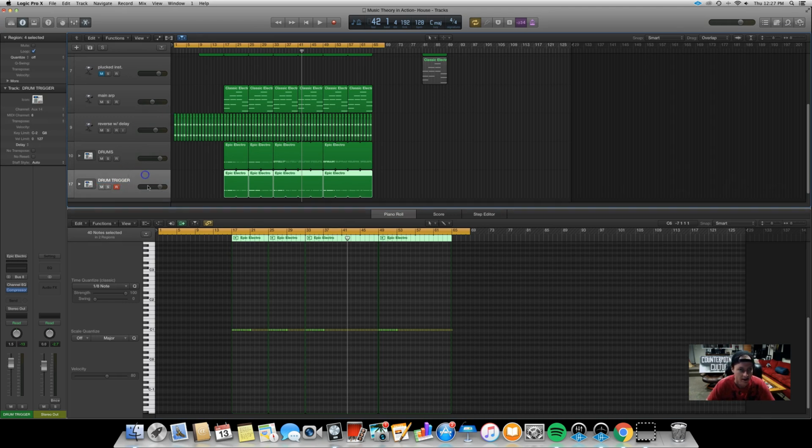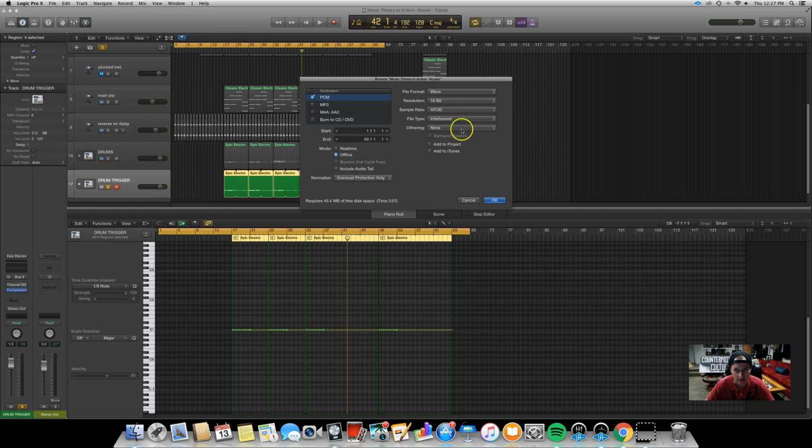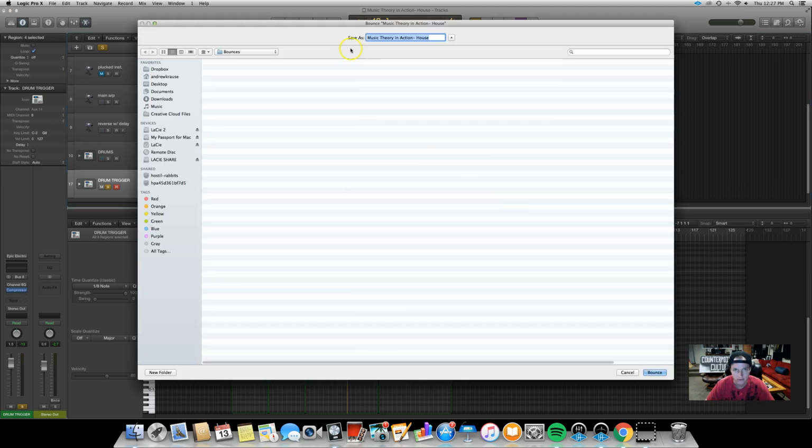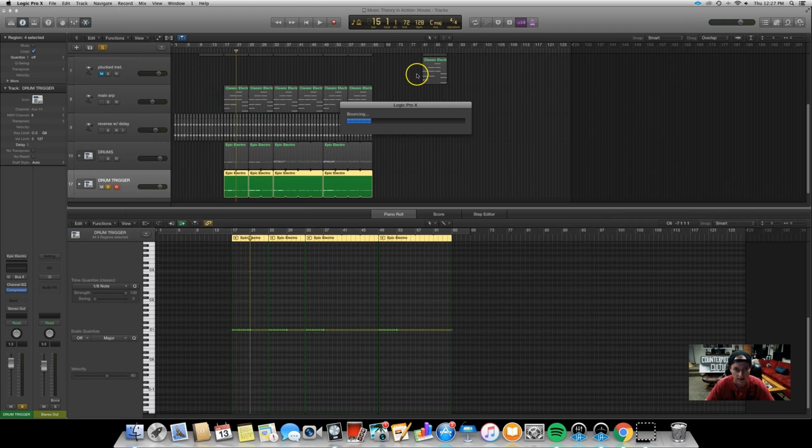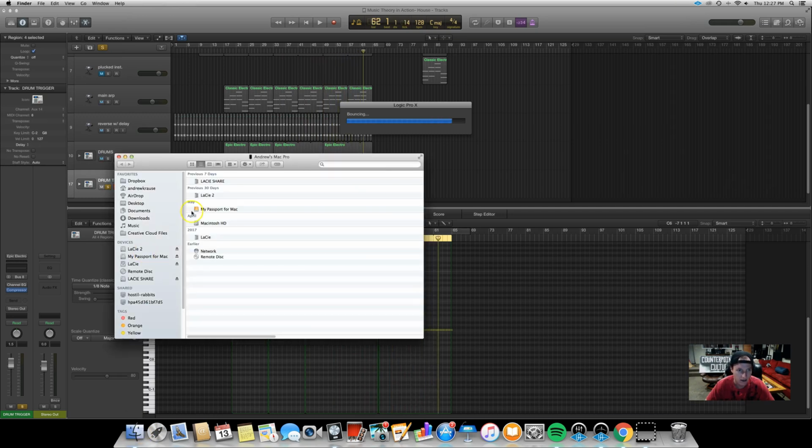Alright, then what I'm going to do is solo this track. I am going to bounce it as a wave. It's an extra step. Let's call this our drum trigger. Alright, doing this from the beginning of the song, so it's going to be easier to plug in. Then I'm going to go to my